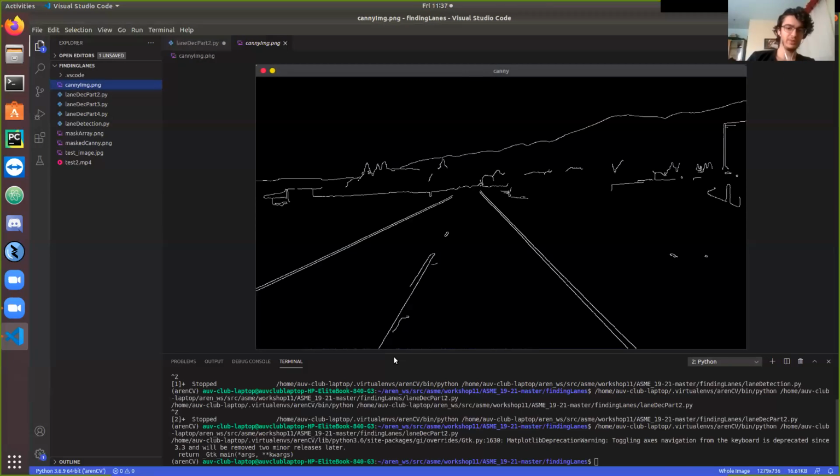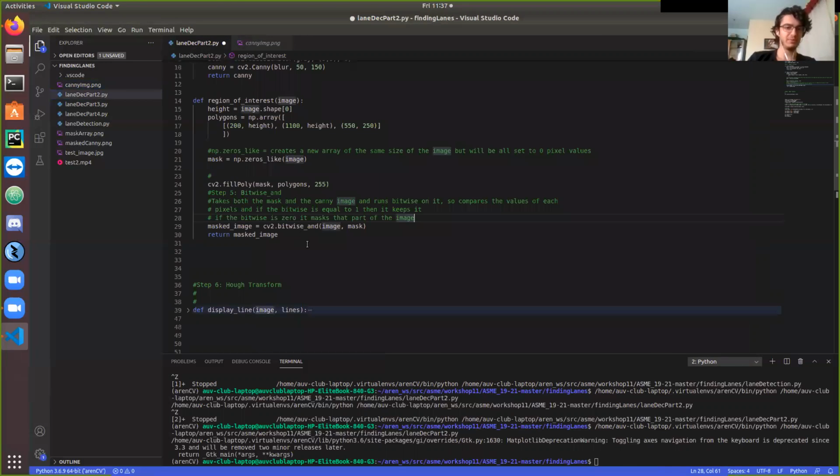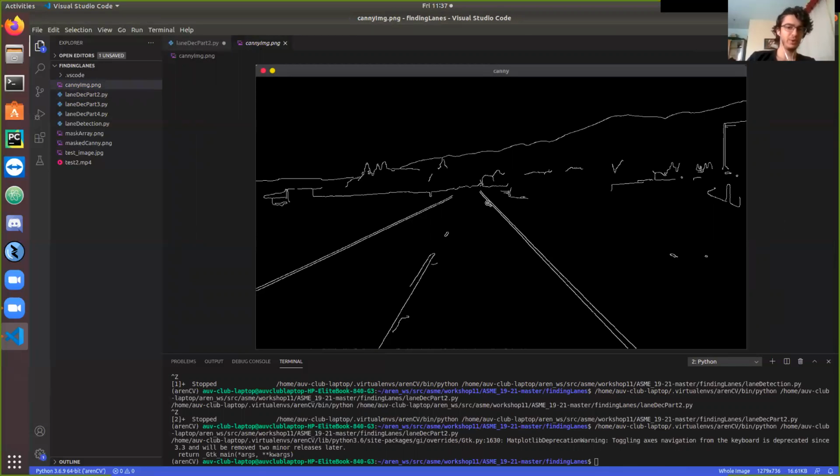So this little area right here is white and everything else is black. And so what we're doing with this bitwise AND command is we're saying everywhere where this image is white and that triangle image is white, that's the new thing; set that to white and set everything else to black. Like in this case, this area here is black, but in the triangle that would be